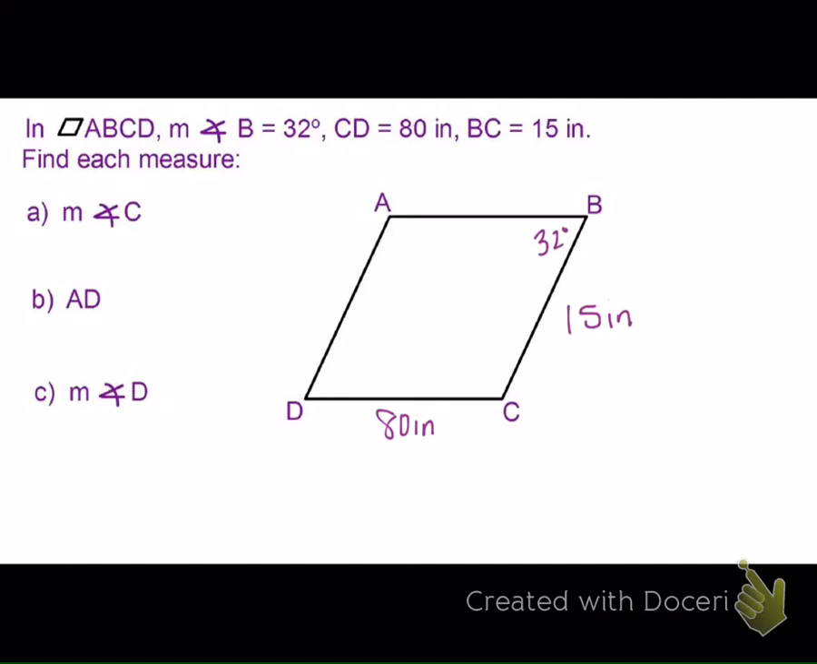How do you know that, Tucker? You subtract from 180. Yeah, you're right. So the measure of angle B plus the measure of angle C are supplementary, so they are equal to 180, which means you have 32 plus the measure of angle C equals 180, which means the measure of angle C is 148